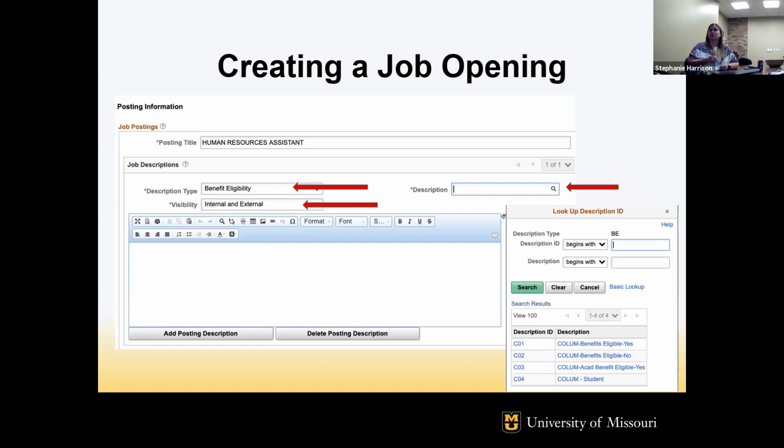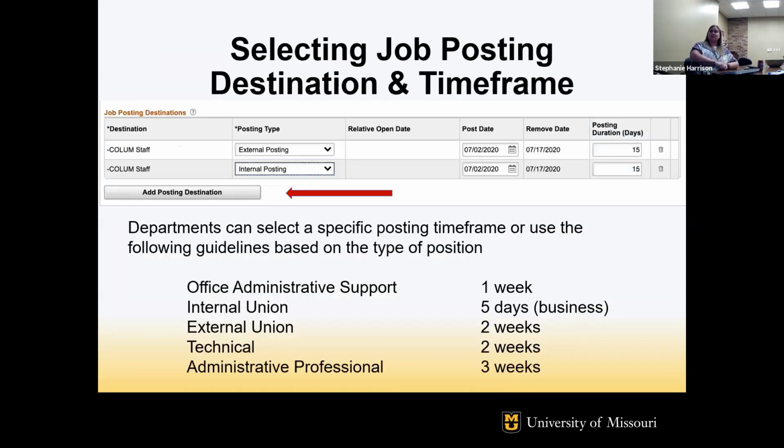And then for our student titles, we do have the Columbia student description that can be pulled in as well for benefit eligibility. And basically it just says you're not eligible for benefits, you're in a student title. And I don't think it even gives them the option to pay into voluntary retirement or anything like that. I don't know, it's been a while since I've actually read that one, so I forget what's in there. It basically says you're not benefit eligible.